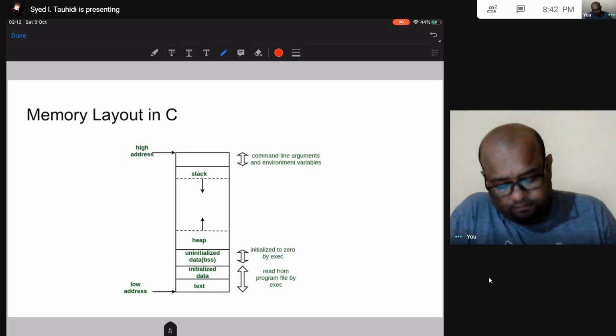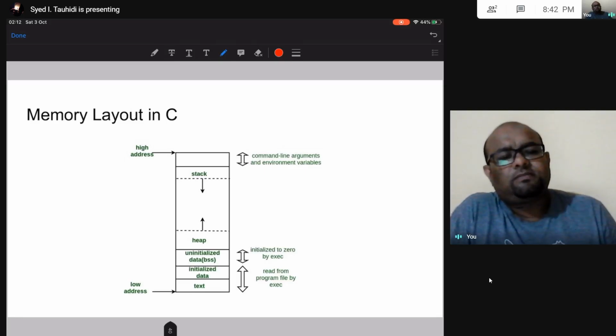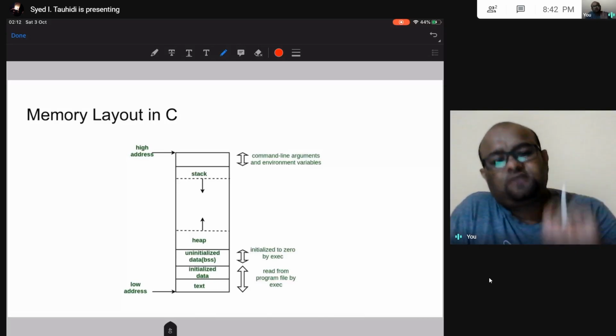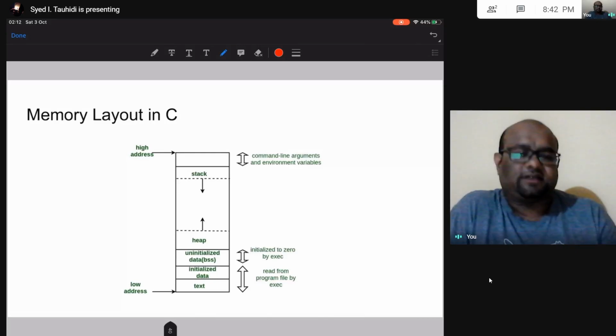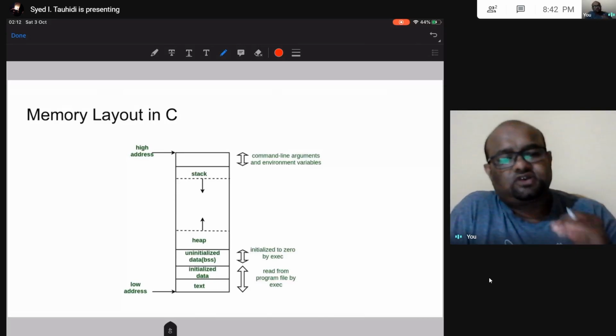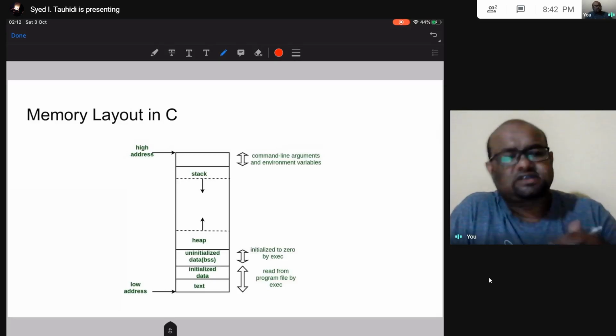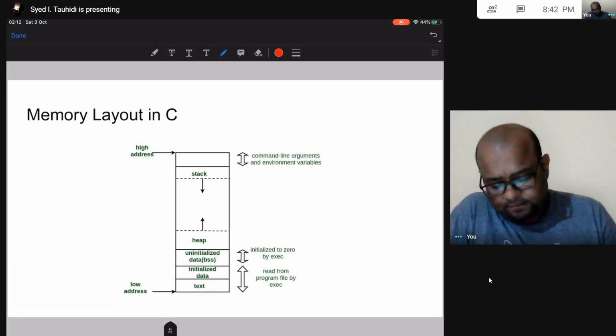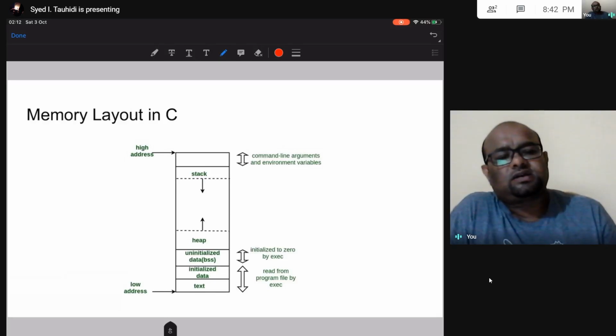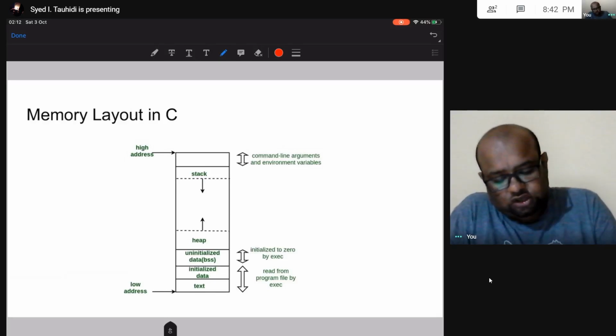Now, your program is not going to see the actual physical address, the actual RAM location where all these memories are located. Instead, it is going to get something called a virtual address. So there is this concept of virtual address.